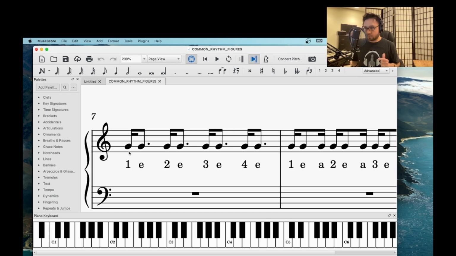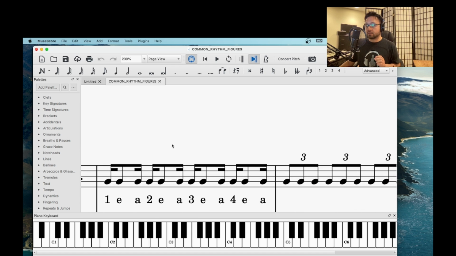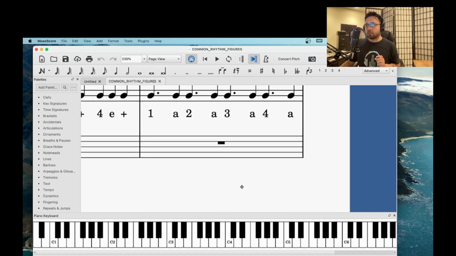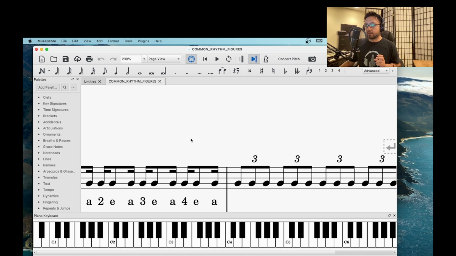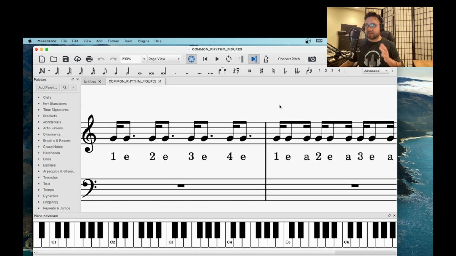1, 2, 3, 4. 1 E, 2 E, 3 E, 4 E. Okay. Ta ta ta ta ta ta ta ta. Again, it could be confusing having this just flipped around with this, but with practice you start telling the difference by